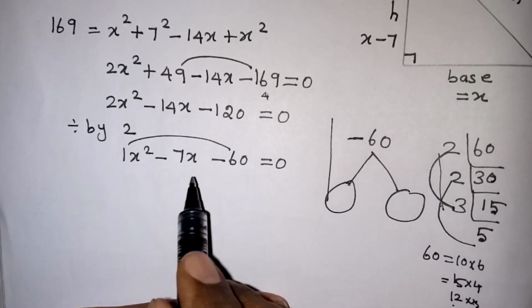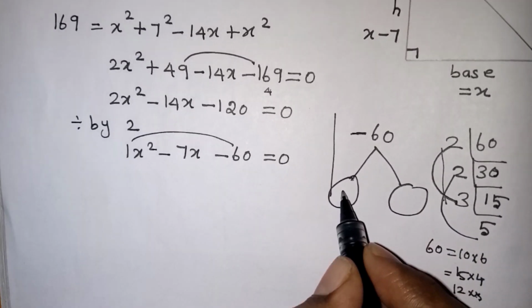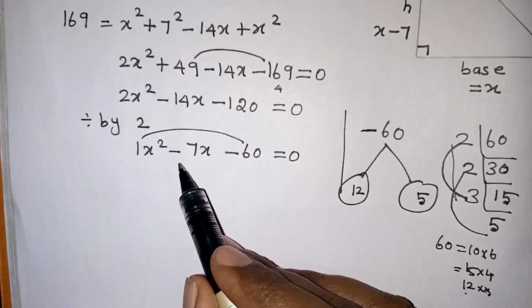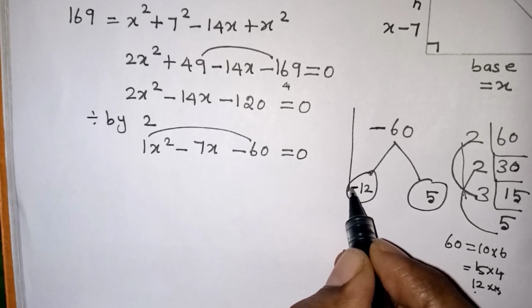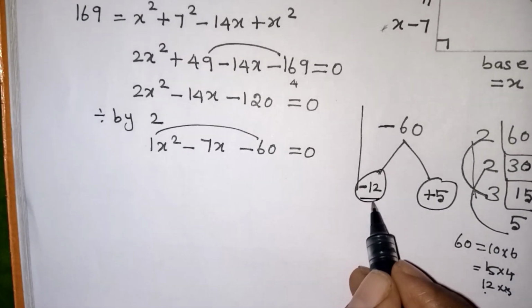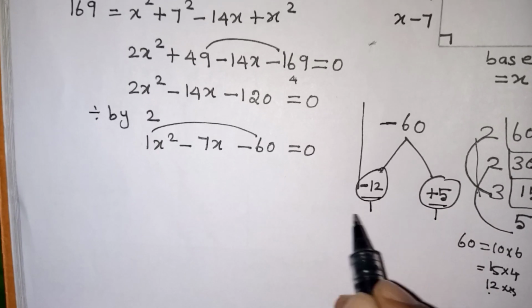So these three will give you 12 and 5. 12 and 5 will give you 7: 12 minus 5 will give you 7. So we have to select 12 and 5. Multiplication is 60 coming. I want minus 7. Minus should be given to the big number, so this definitely will be the plus one. The first number is 1, so divided by 1 there is no change.